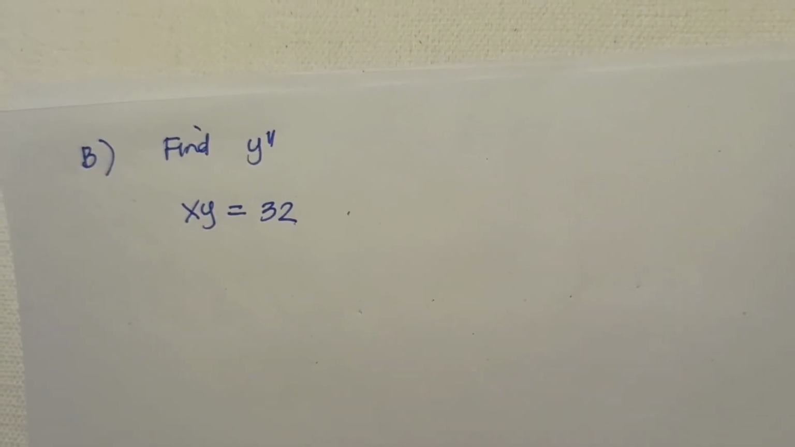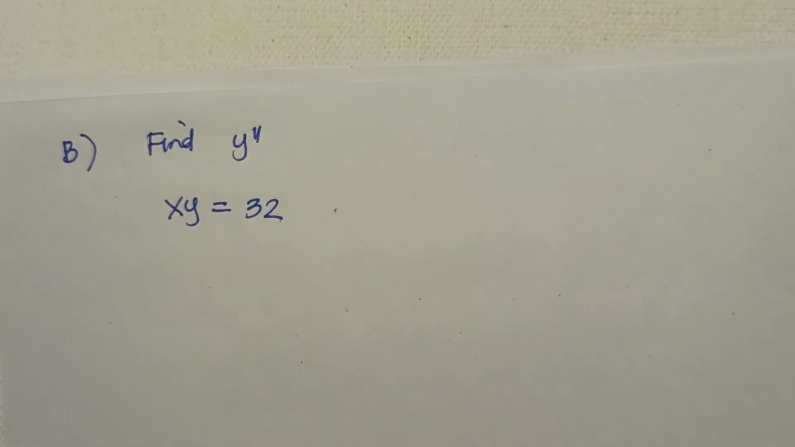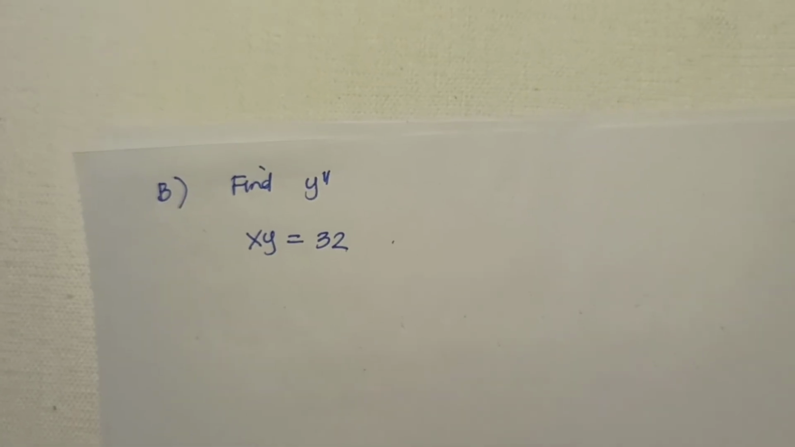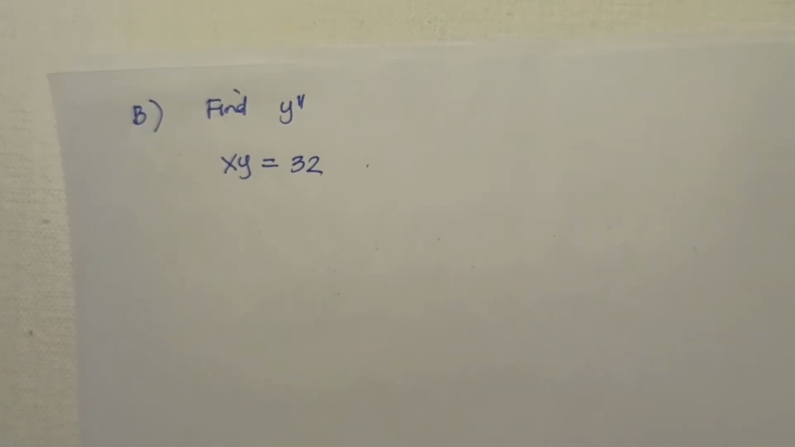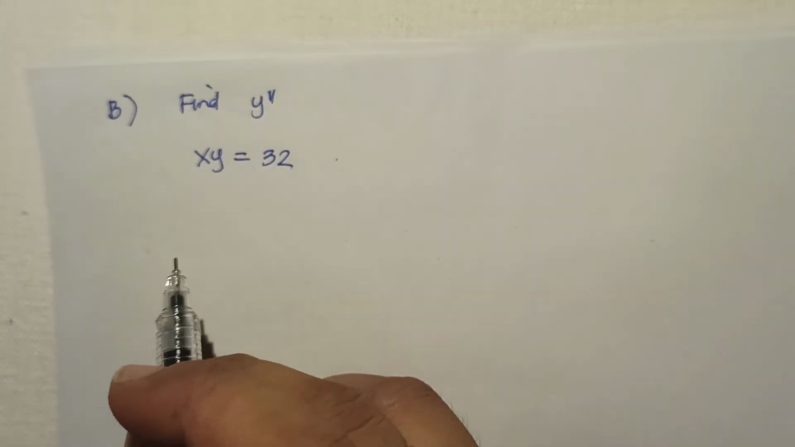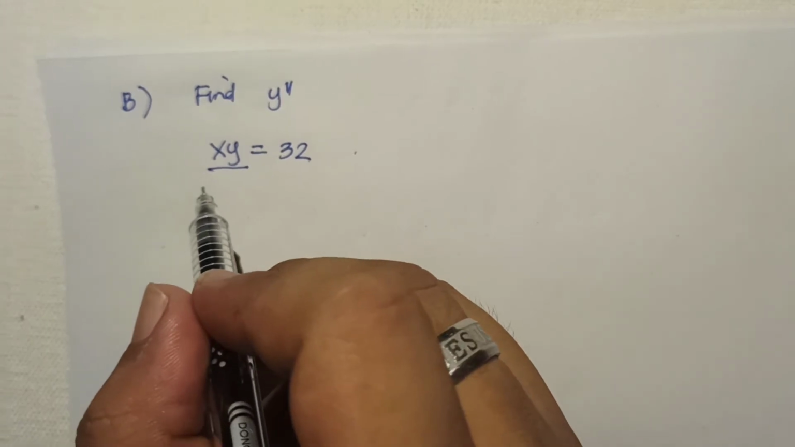Okay, so let's proceed with question letter B. Find y double prime, or the second derivative, of the implicit function xy is equal to 32. So this is in the form of a product. So take note of the product here. So therefore we have